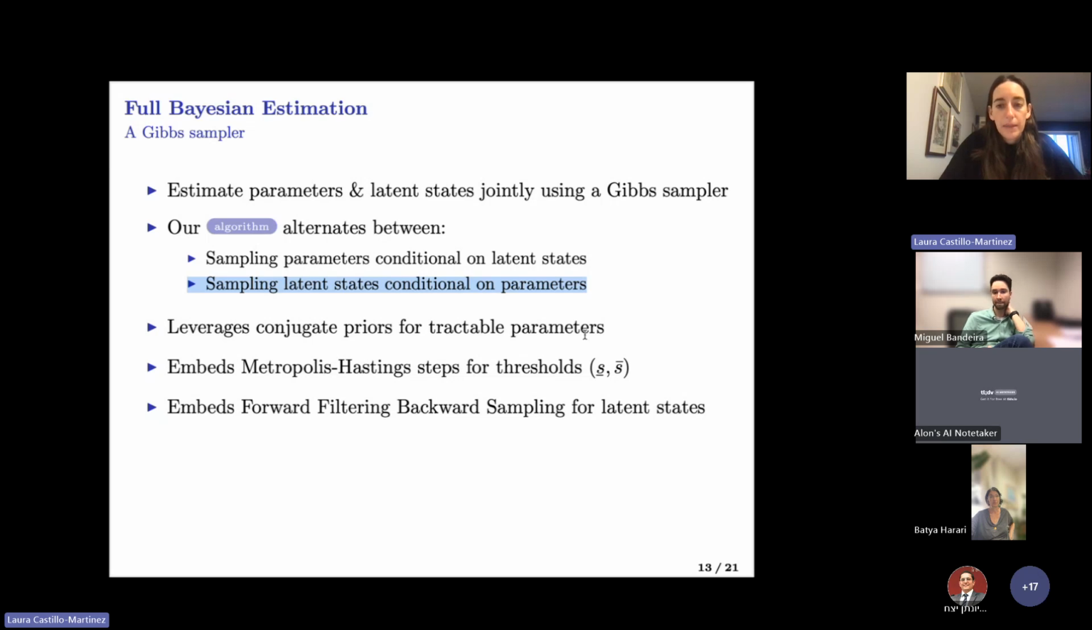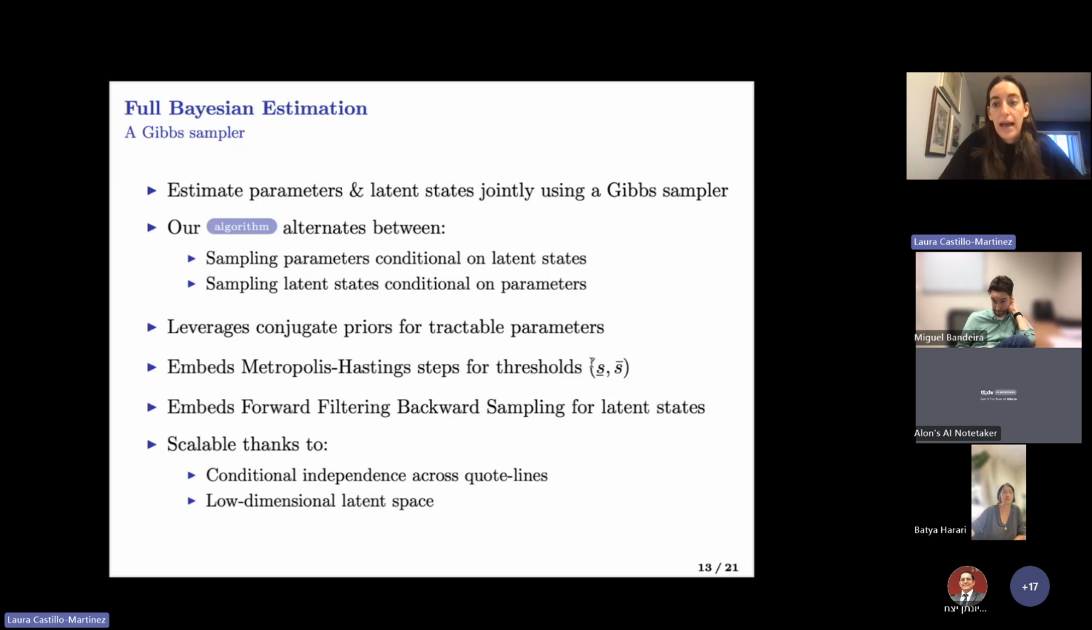Before we go into these two steps over here, let me emphasize that we're doing Bayesian estimation at the micro level, right? We're doing this at the quote level. So scalability is going to be very, very important to us. And the way we're going to be able to achieve it is thanks to two different features of the model. The first one is the conditional independence across the quote lines. Remember when we were describing how we go from a state space representation of a firm to a state space representation of a panel? We said we're going to assume that the shocks and the initial states are going to be independent. That's going to allow us to parallelize the estimation